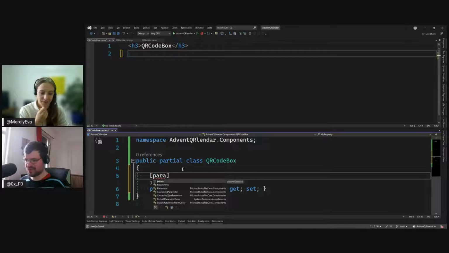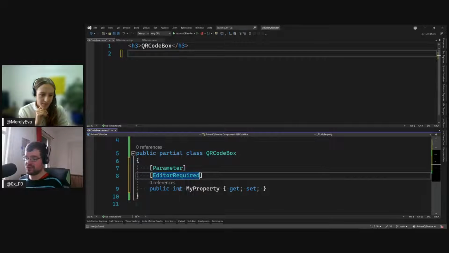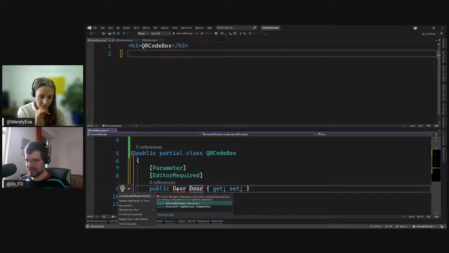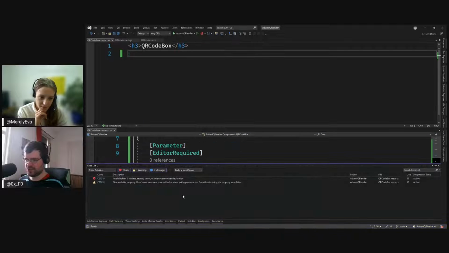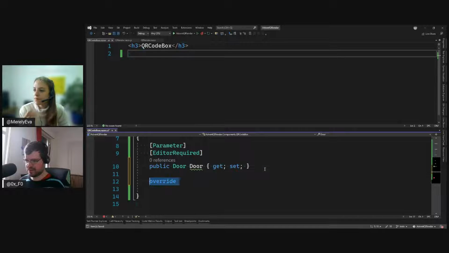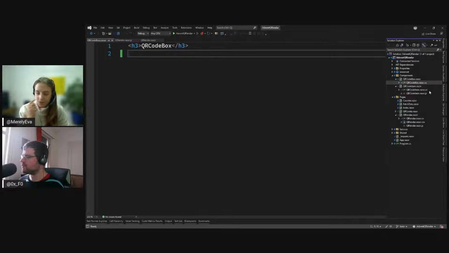So again, we have our parameter, and we also want to set the editor required attribute so that we get a warning if we don't set it. And this should be our door, which we could call, oops, door. All right, and now again we want to go into the, I don't get the completion yet. I had a similar issue last time, so the code behind doesn't really realize that it should be,